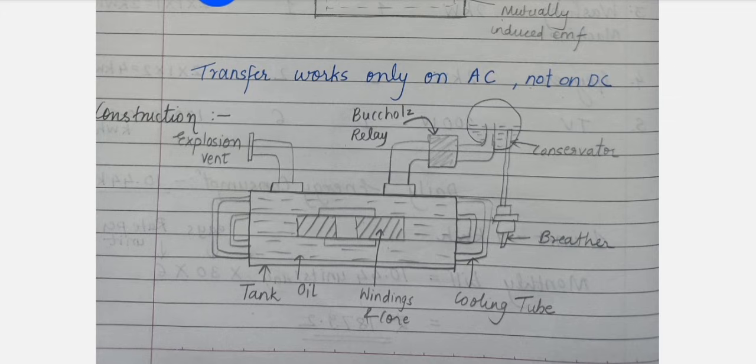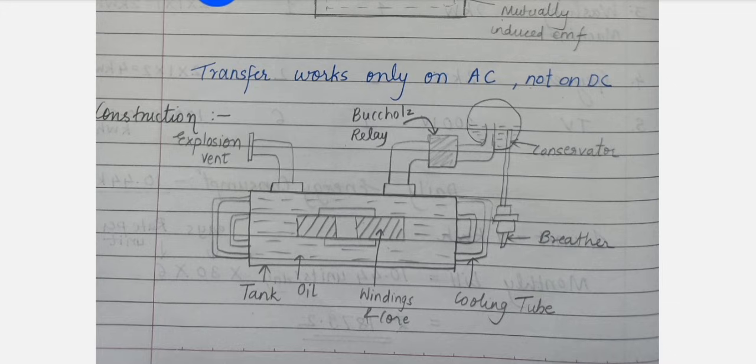First, you have to understand what is present. The main thing you can see is the oil tank. First of all, we have the core. What does the core do? It provides a path for magnetic flux during the transformation process. Then we have the winding. Copper conductors are wound around the core, which facilitates voltage transformation.